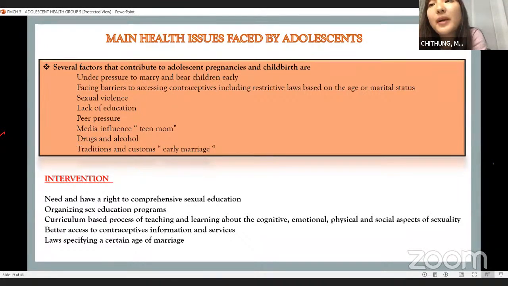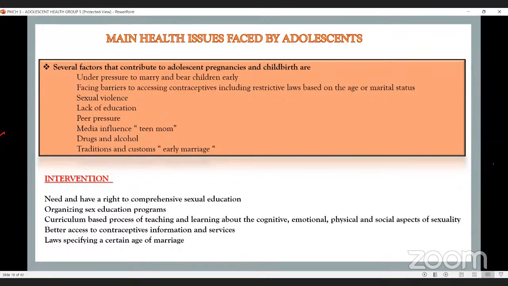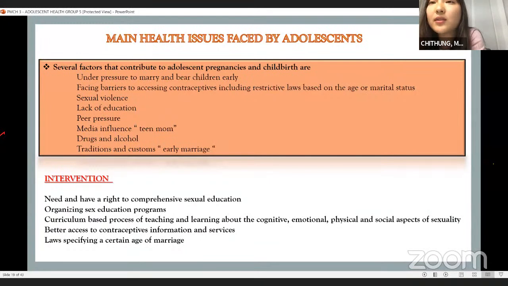Adolescents may want to avoid pregnancies, but they may not be able to do so due to lack of knowledge or misconceptions about where to obtain contraceptive methods or how to properly use them. And babies born to mothers under 20 years of age face higher risks of low birth weight, preterm delivery, and